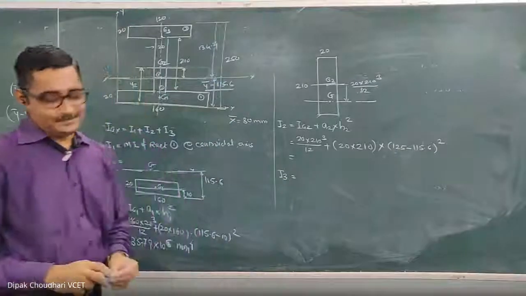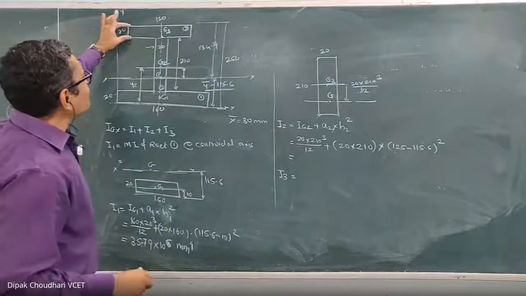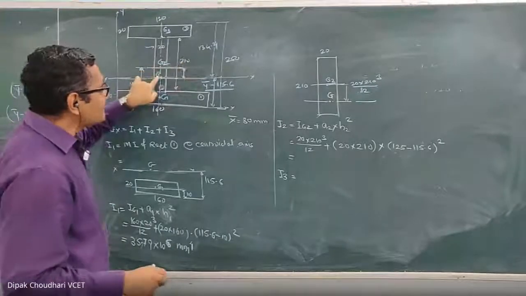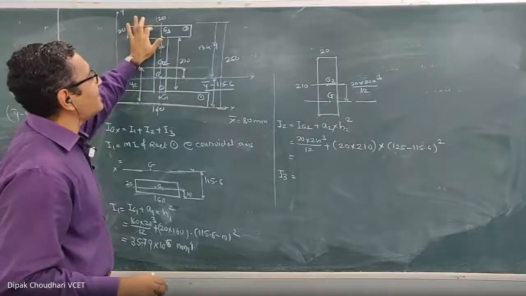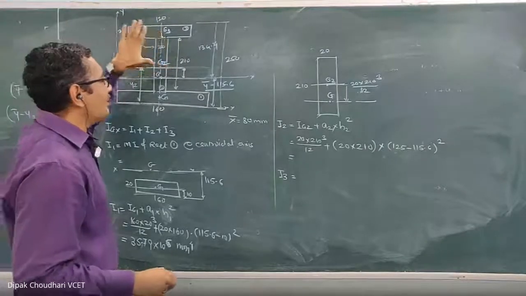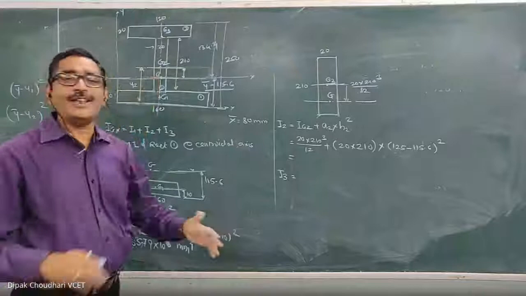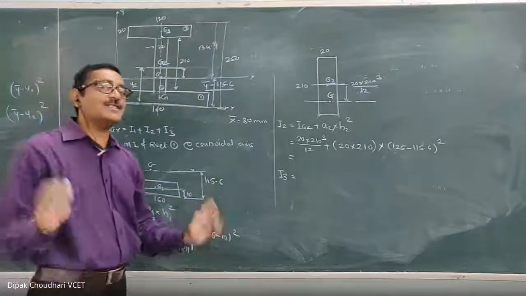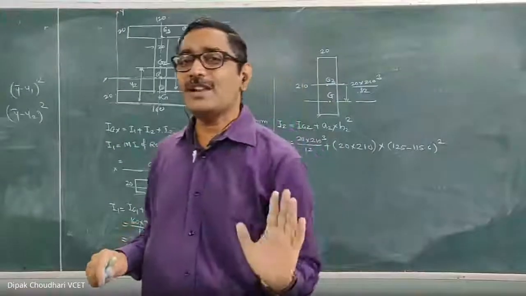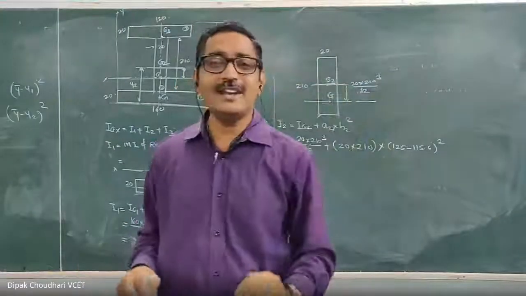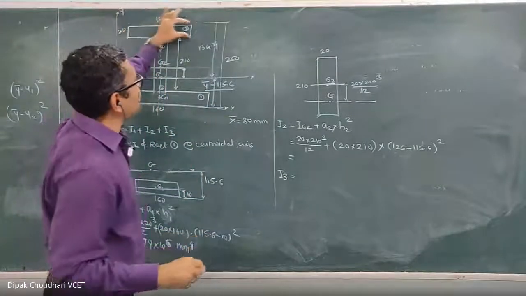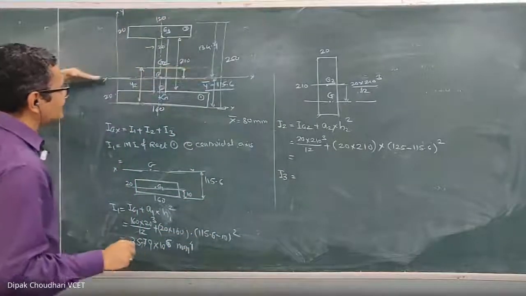Now listen to me. I3 is the moment of inertia of this rectangle 3 about this centroidal axis of the entire lamina. This centroidal axis does not coincide with the centroid of the third rectangle, and since it is not coinciding with its own centroidal axis, we have to use the parallel axis theorem. एक बात याद रखो कि जब भी आपको moment of inertia other than the centroidal axis calculate करने का है किसी लैमिना का, तो आप directly parallel axis theorem use कर सकते हैं. So here I have to calculate the moment of inertia of this third rectangle about this centroidal axis.